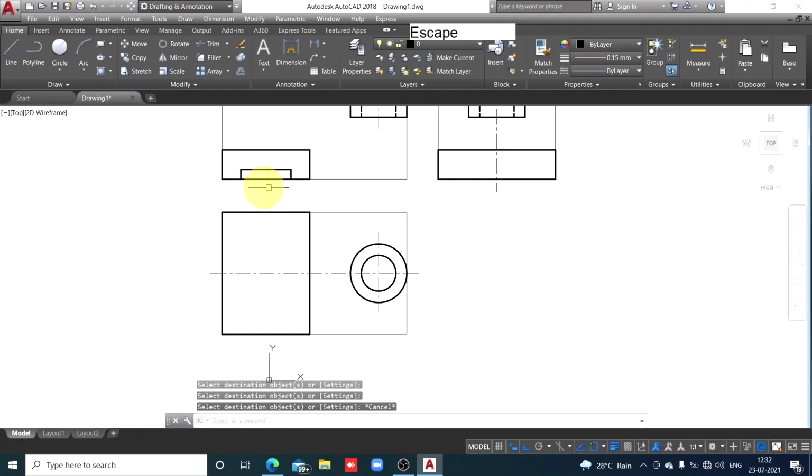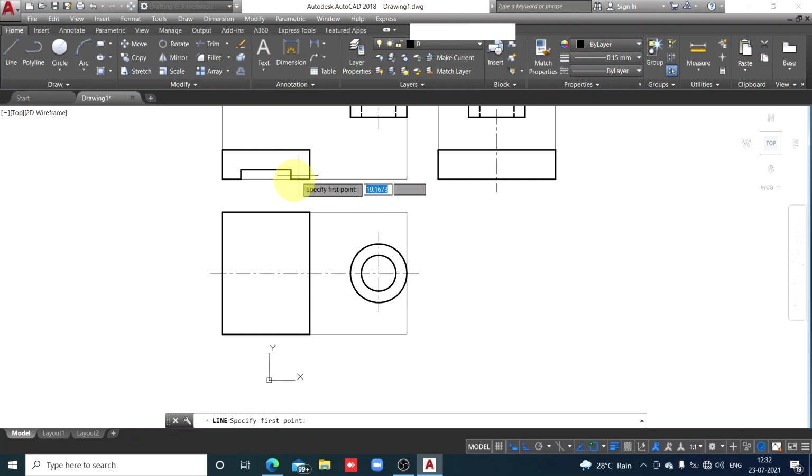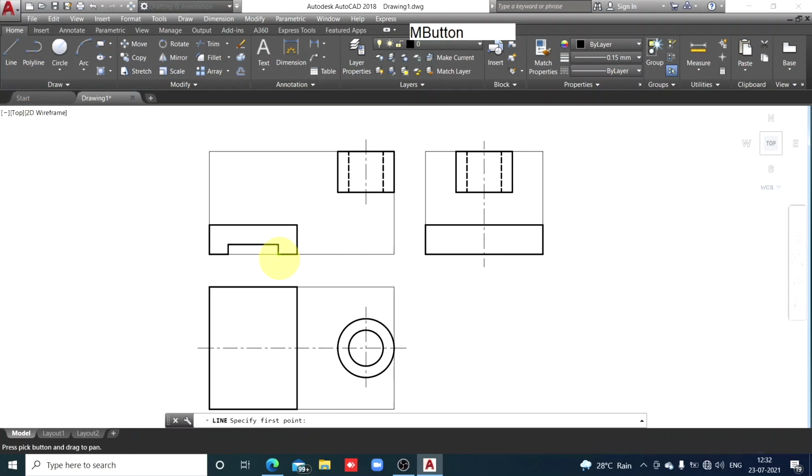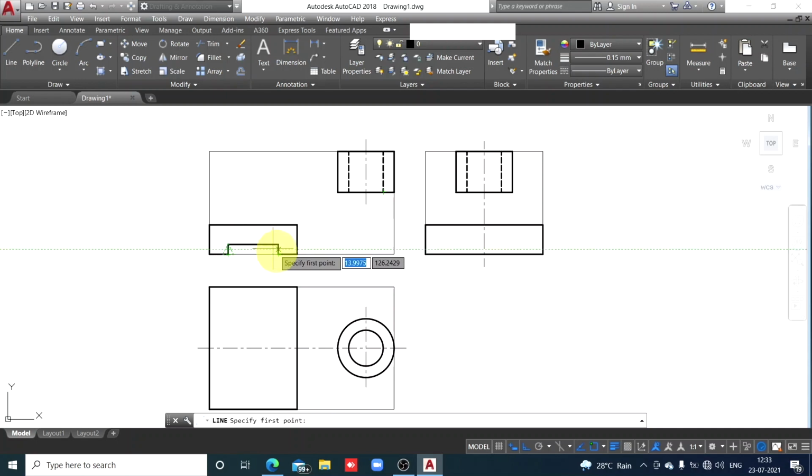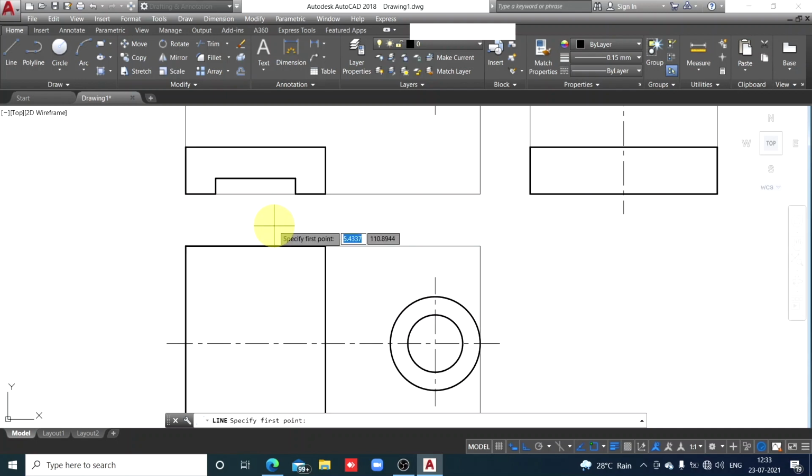But it is a slot, it doesn't have closed boundary. So here lower line closing that rectangle or slot is to be removed. So trim, enter, and check here. So I have removed that line. Now this slot appears a rectangle in the top view, but it is at the base of the object, so it will be hidden. So for this slot, it's exactly similar to this circular hole. We have drawn here dotted line. Similarly, these corners of the slot, there must be dotted lines in the top view and in the side view.